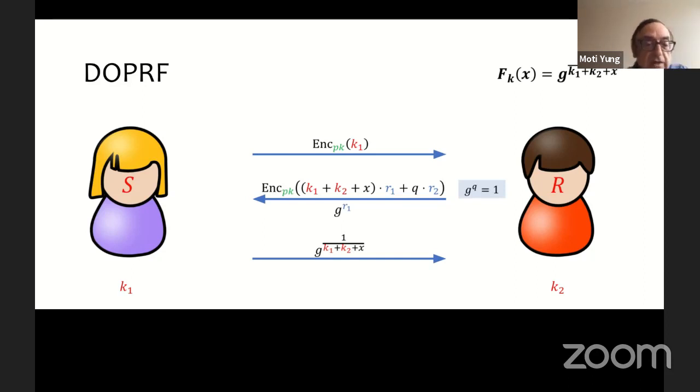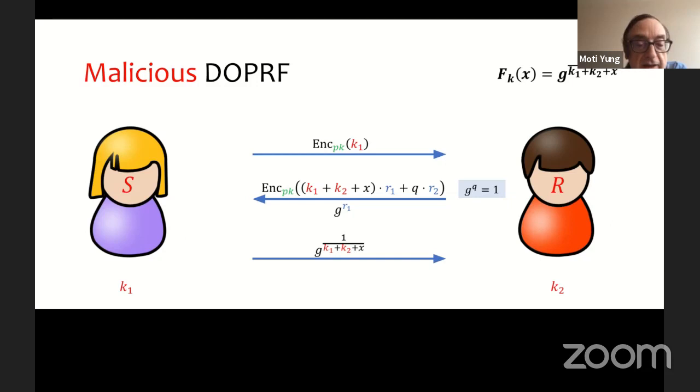Note here that if S now decrypts and inverts the element in the first flow, it gets 1 over K1 plus K2 plus X times R1 plus Q times R2, which is the blinded element, so it doesn't learn X and K2.